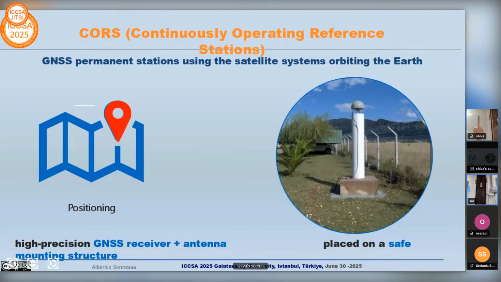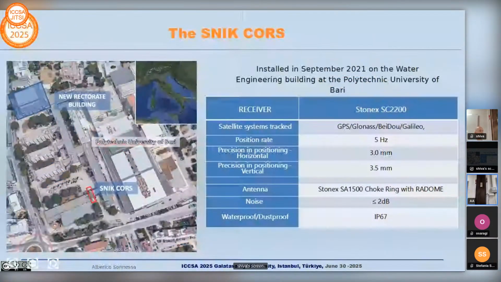First of all, let me introduce our station, the SNIC station. We have in the Polytechnic of Bari one reference station that is called SNIC, able to track four satellite systems that are GPS, GLONASS, Beidou, and Galileo. So the American, the USA one, the Russian one, the Chinese one, and also the European constellation is included in